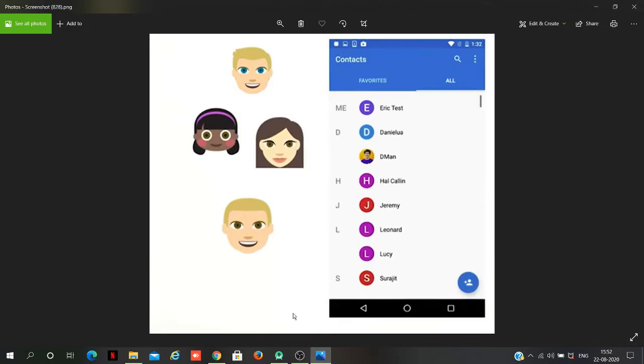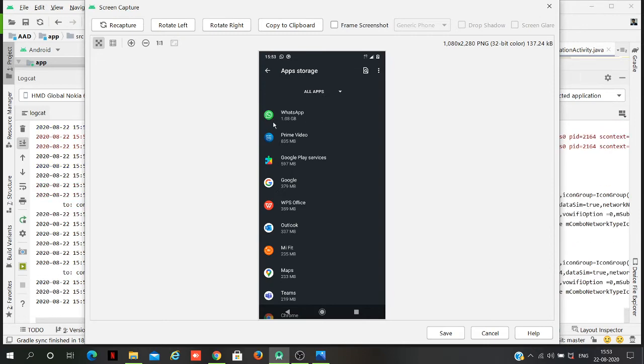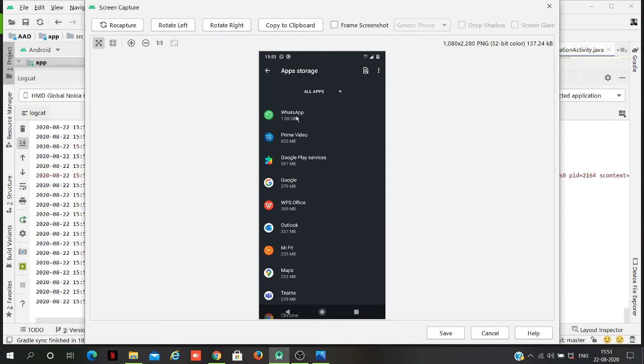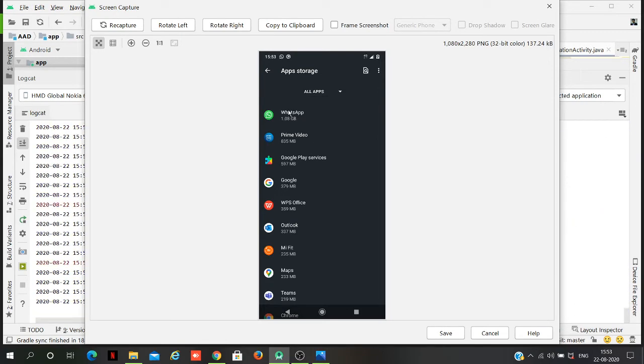Okay, so I'll be showing you another screenshot. So let me capture my screen. This is how WhatsApp occupies. 1.08 GB is the memory which the WhatsApp application is occupying in my phone. What I would like to tell over here is, as a good developer, you need to take care that the application which you have developed shouldn't occupy much space in the memory. Because if our application occupies most of the space in the memory, then what will happen is